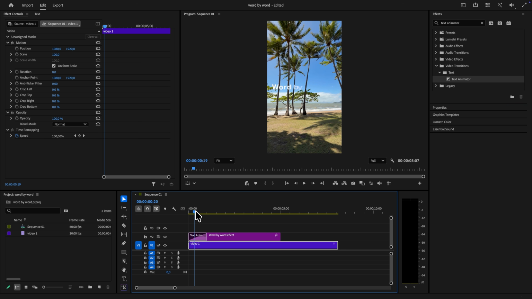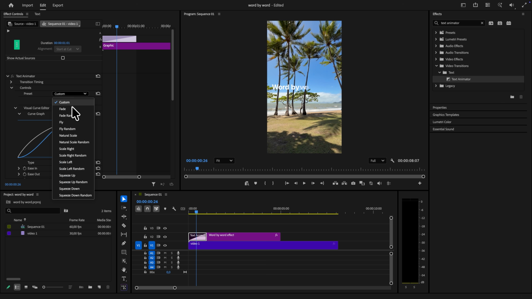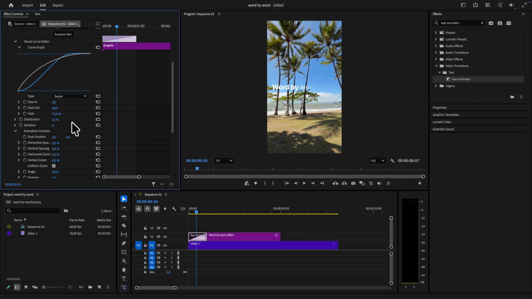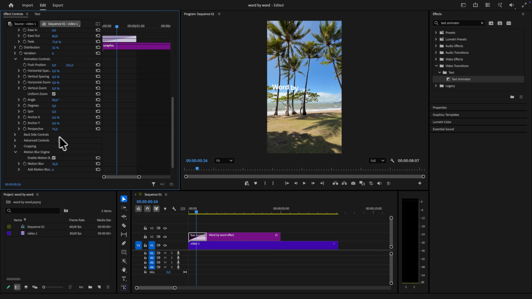Now position the playhead so you can see the starting text animation, and then select the text animator. Now in Effects Controls, select the Fade preset and then scroll down and change the push position to move the text down a bit. Now scroll down further to the bottom and then expand Advanced Controls and set the object